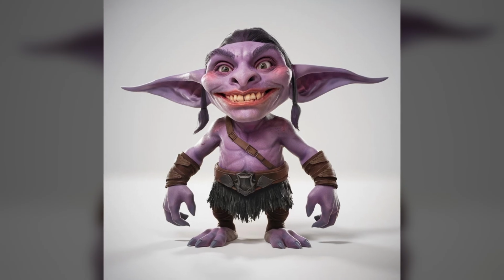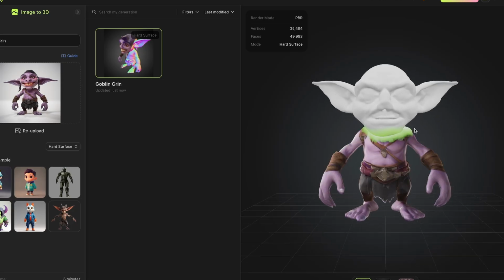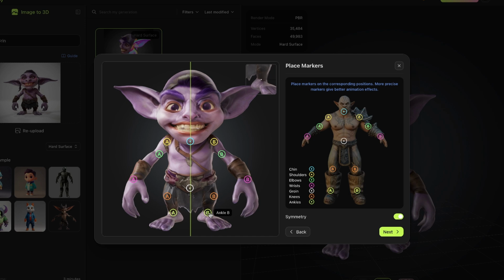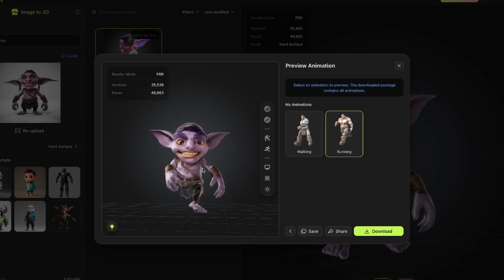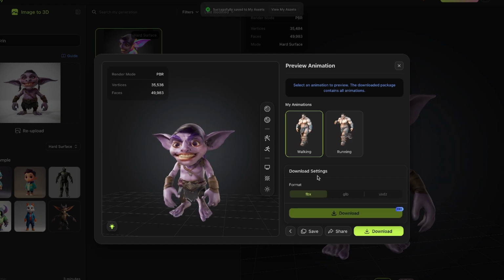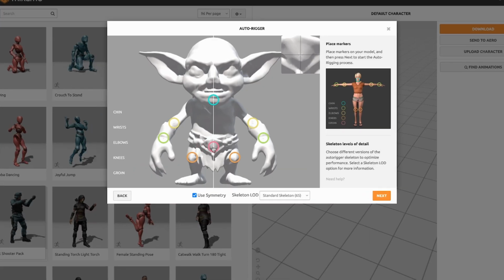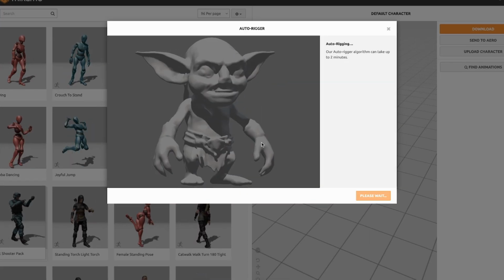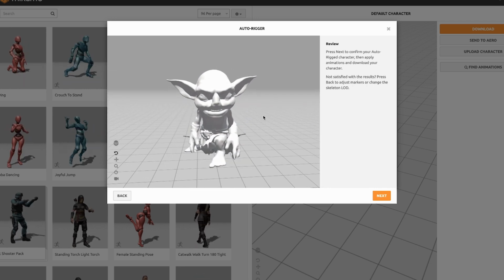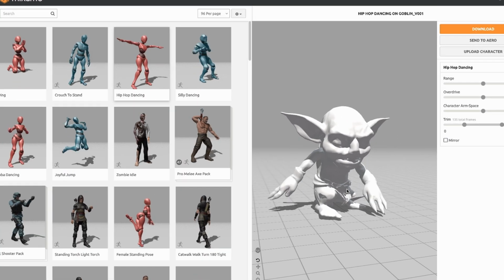But for the main character, I wanted something better. I ended up using a website called Meshy.ai, and this works great for modeling and texturing, and the rigging works too. However, this requires signing up for a pro membership, and in this video I only want to use tools that are free, so let's find another alternative for the rigging. And for this I'm using Mixamo because it's free. It works really well for bipedals like this goblin, and they also have a lot of animations you can test the rig with. I think he's rigged pretty well.